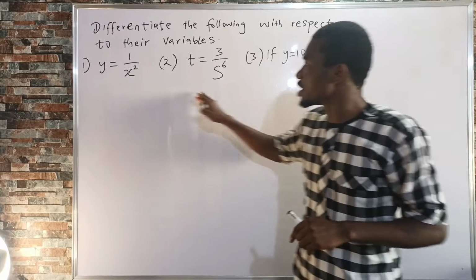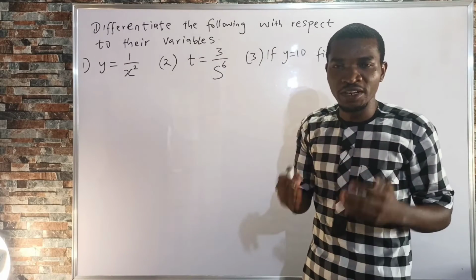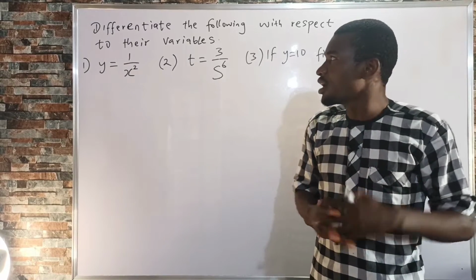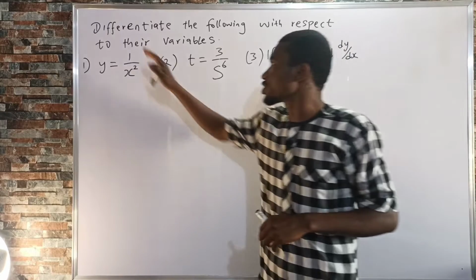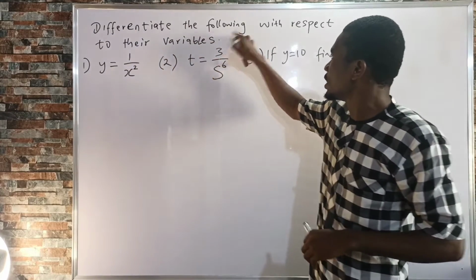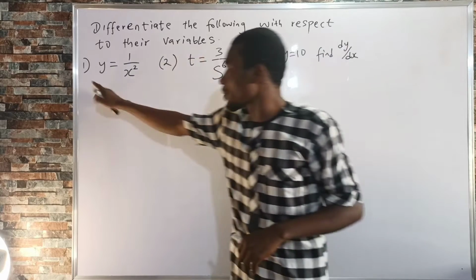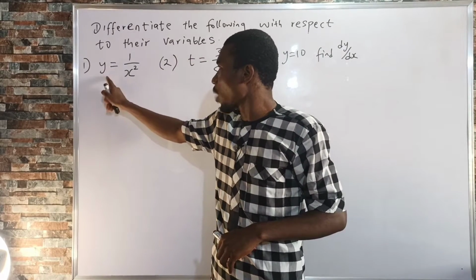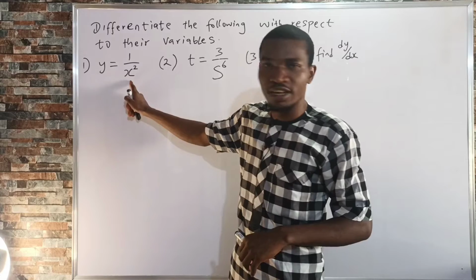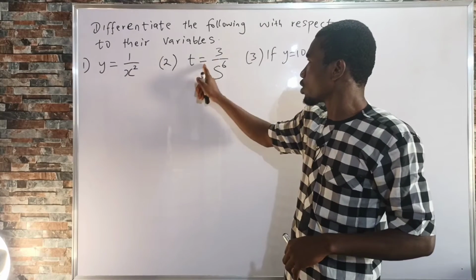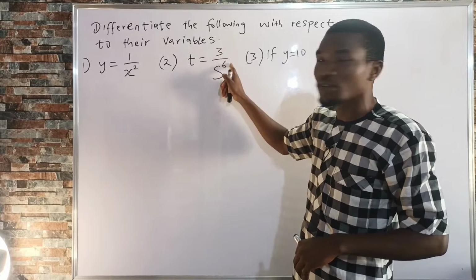Remember, to differentiate a given function of this form, there is need for you to recall your basic laws of indices. Let's read out the question first of all. The question says differentiate the following with respect to their variables. The number one part of the question says y is equal to 1 over x raised to the power of 2. The number two part of the question, t is equal to 3 over x raised to the power of